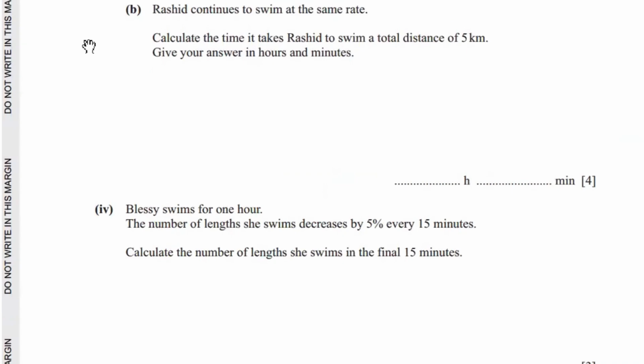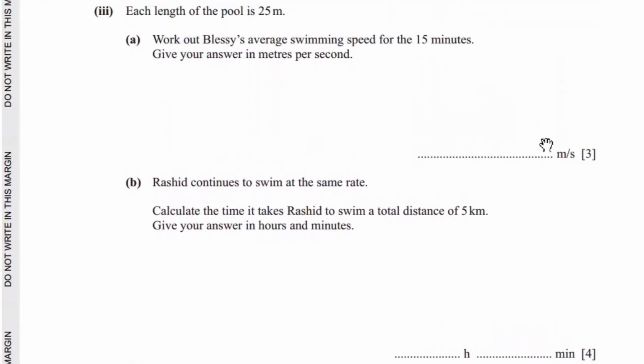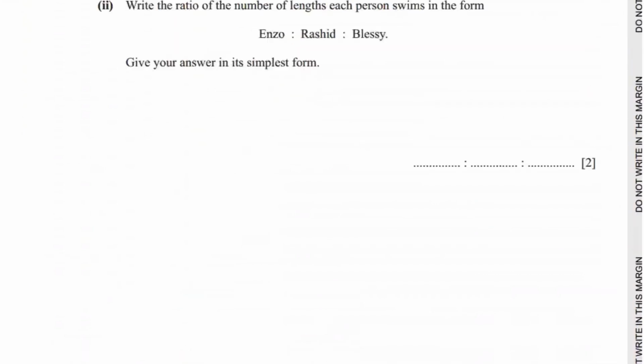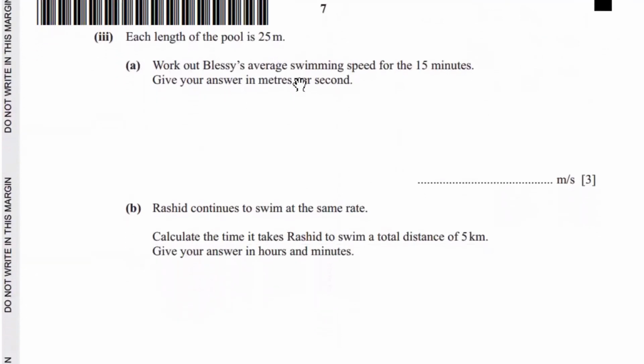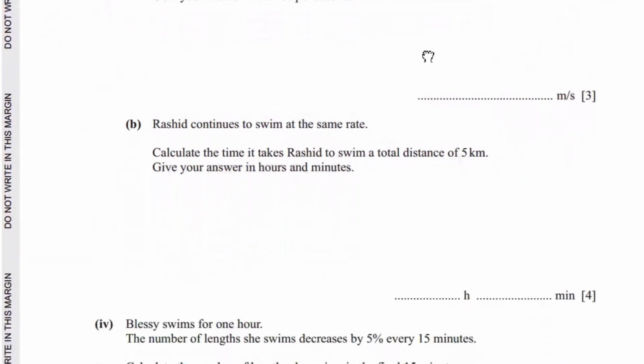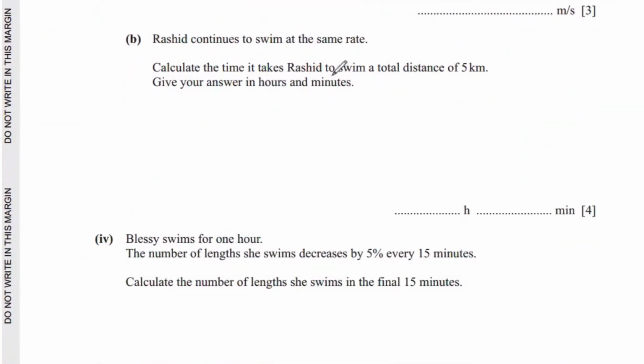Then it says Rashid continues to swim at the same rate. Calculate the time it takes Rashid to swim a total distance of 5 kilometers, giving your answer in hours and minutes. Same rate, we found the rate was 5 over 9 over here. So with the same rate, and the length of each pool is 25, we need to look at the number of lengths. For Rashid's 18.75. So the rate that they're following is that 15 minutes is the average rate at which he's finishing his distance. So for every 15 minutes,